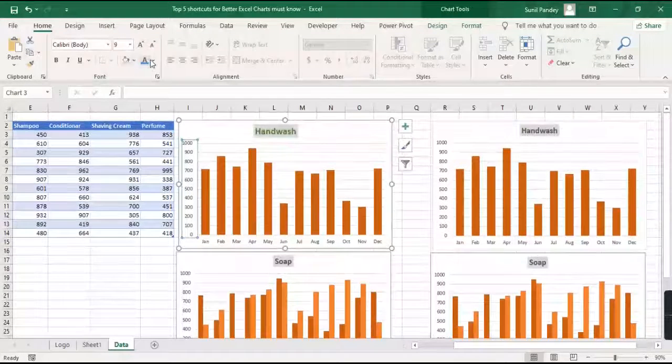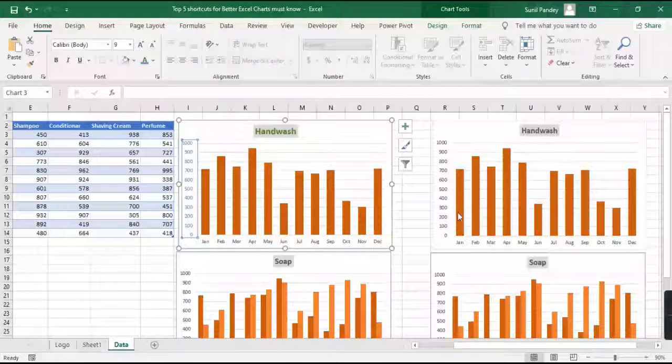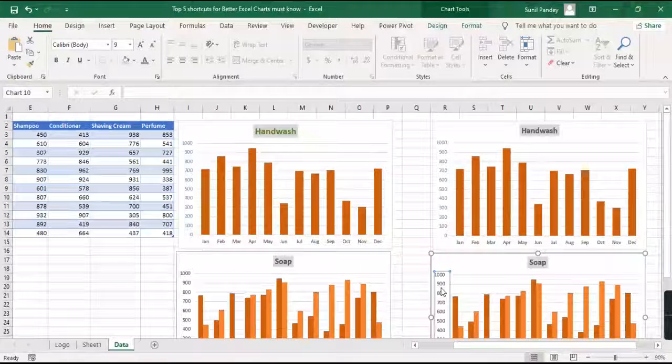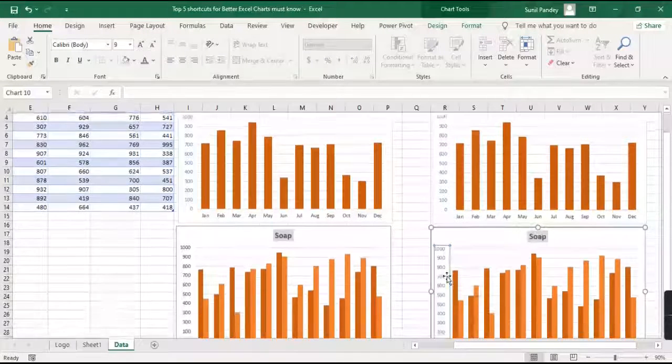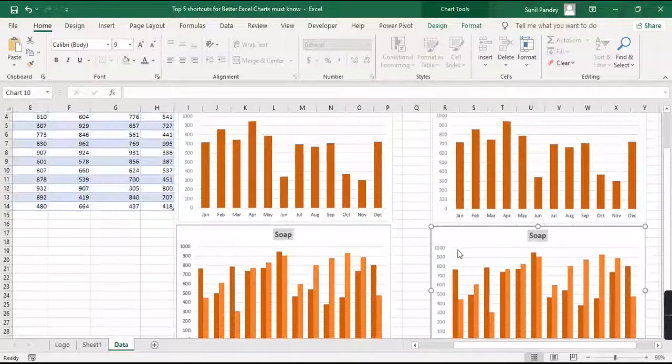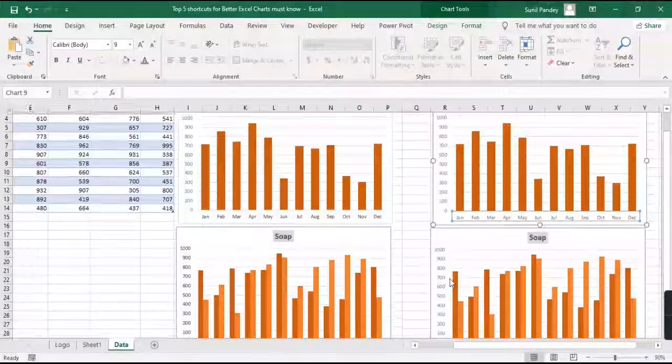let me do some formatting here like this. So just select, press F4, select, F4, F4, select, F4.